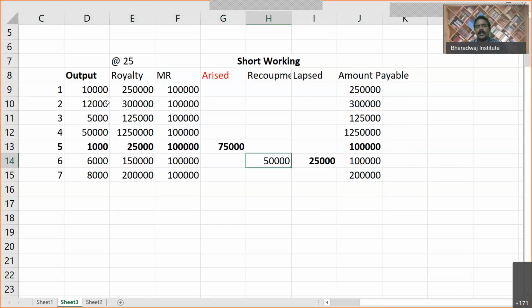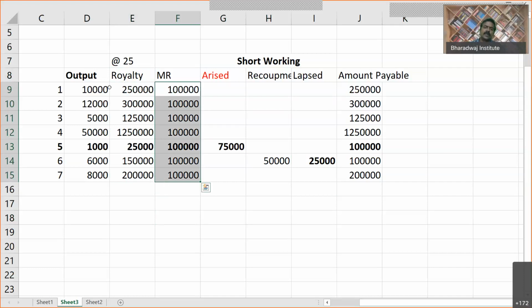One second, let me tell you. Royalty is an amount payable to the landlord. They cannot ask ledger accounts because you cannot prepare them; that option may not be available in typing. But anyhow, I'll give you the ledger accounts for whatever I do. If it is a paper-pen examination, it's okay. Otherwise, they cannot ask you to prepare the ledger accounts on a white screen.